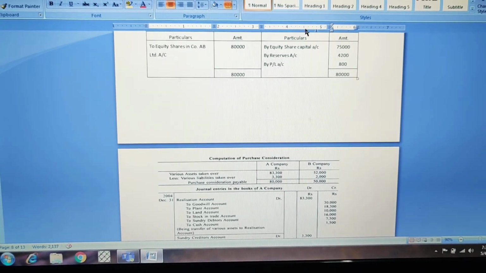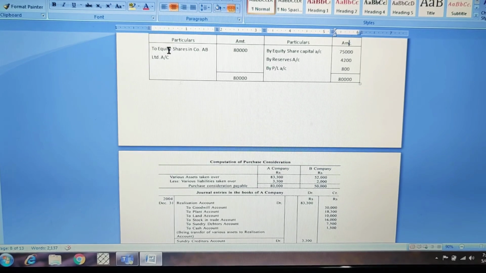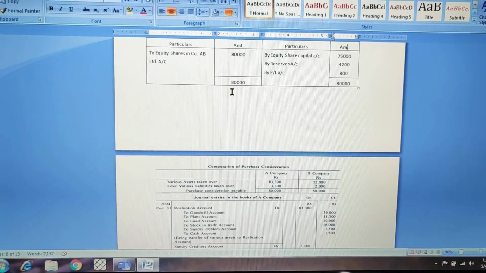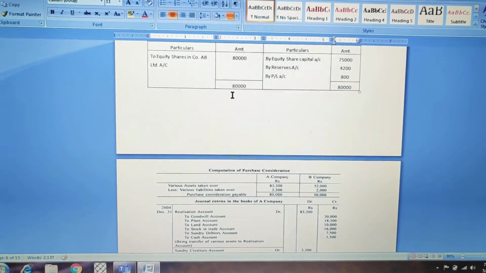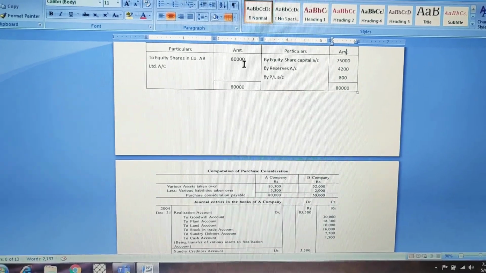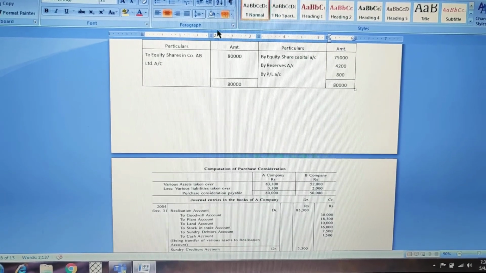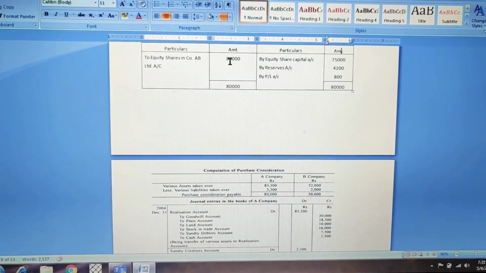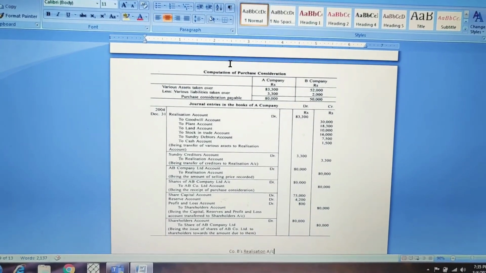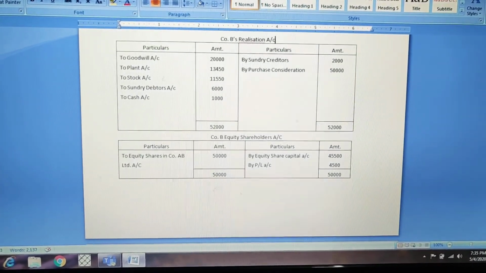Then you will make the total 80,000, and you will say that equity shares in company AB Limited worth 80,000 are to be given by AB company to A company's equity shareholders. Clear? So equity shares worth 80,000 AB Company Limited will give to A company. So this is what you have to do while making your journal and your ledger accounts. Next,